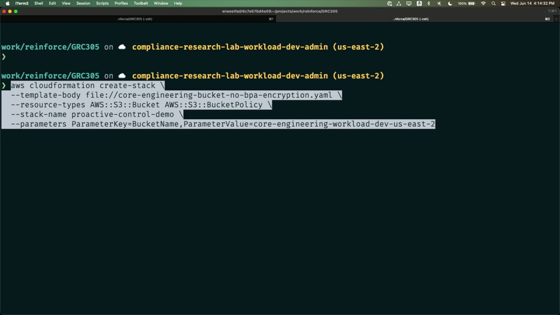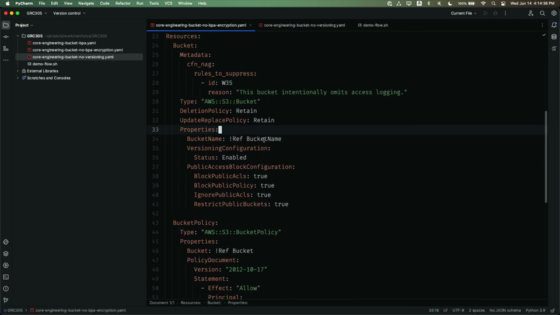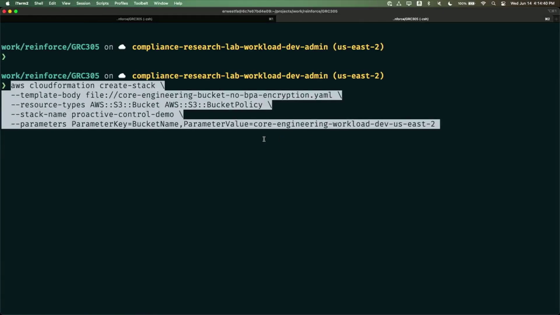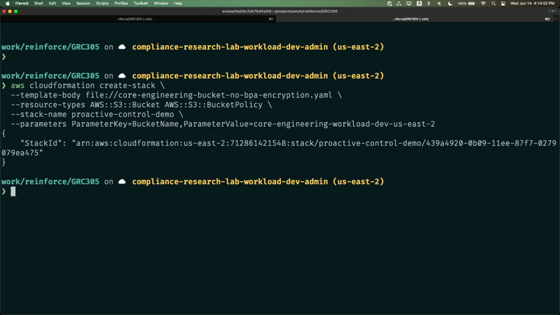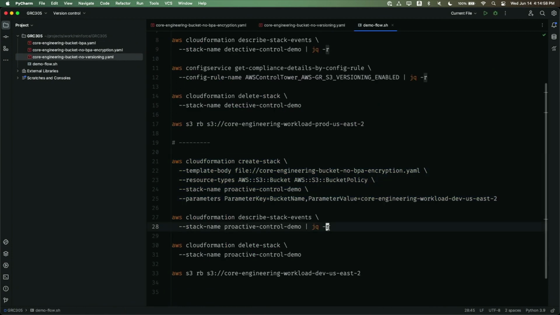This CloudFormation template, if we look at it, does not have default encryption turned on, and so should violate that policy. What we want to see here is that this control will actually fire a CloudFormation hook behind the scenes, and prevent this configuration from ever getting in our environment in the first place, right? So if I execute this stack, and we go and monitor our operations,